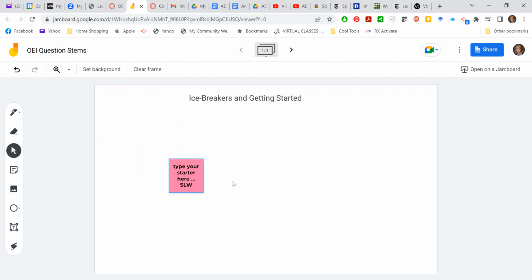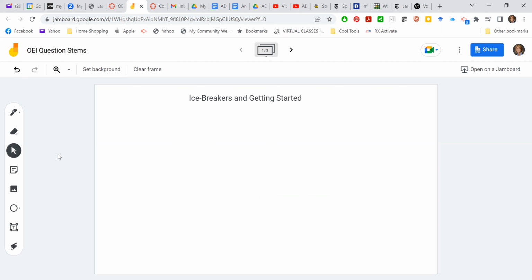If you don't like it or you want to edit, hover over the ellipses and click on it. You can edit, duplicate, delete. We don't need to worry about putting anything in order, but let's say I really don't like that. I want to go ahead and delete it. The issue is, please don't delete anyone else's work, because we'll all be on the same JamBoard putting our question